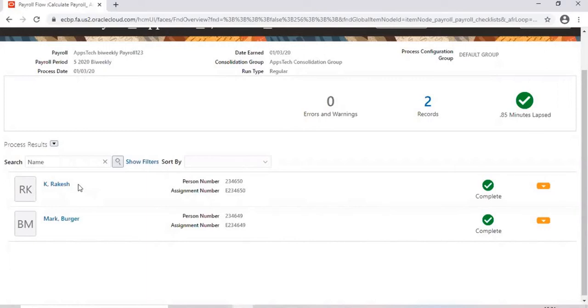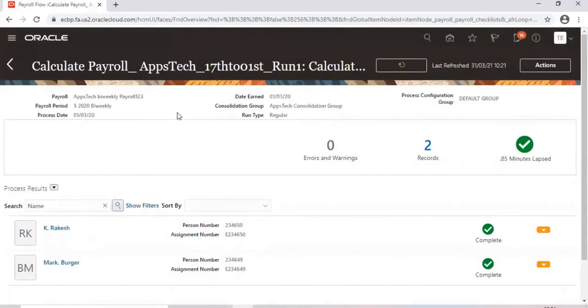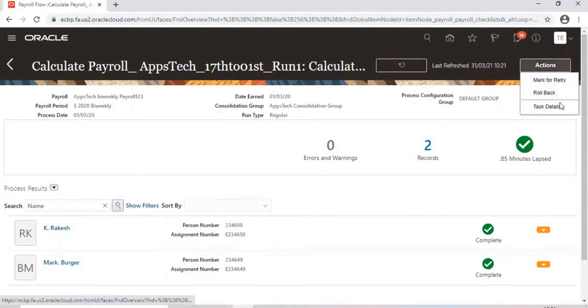No, that will not be taken care of by the calculate payroll process. This calculate payroll process only calculates payroll. That's it. That's the reason you see here, as an action hold, there is no reversal option, only rollback and mark for retry. Then you can go back.